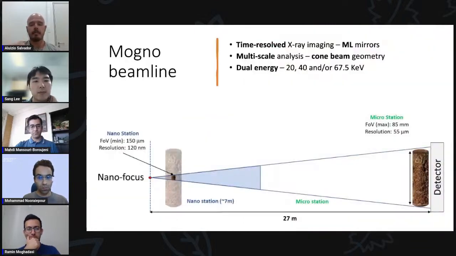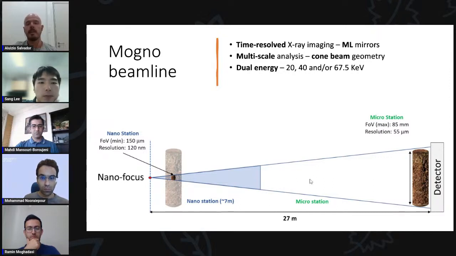Complementary to the measurements we're going to do in Carnaúba, we are also going to use the Mogno beamline. That's the one that Daphne showed the results of her work. The Mogno beamline is specifically dedicated to tomography, microtomography images, and it has very specific characteristics, mainly because it's cone beam geometry, that I show here in the picture.